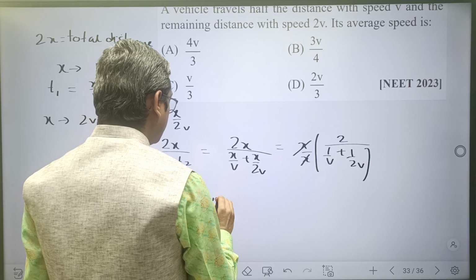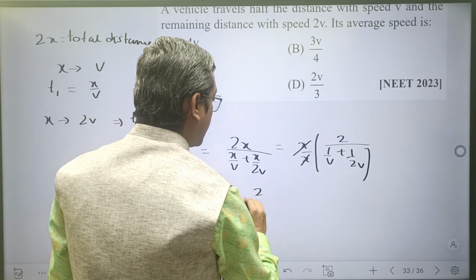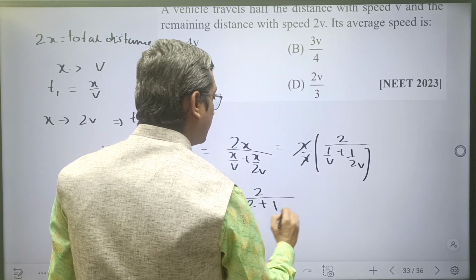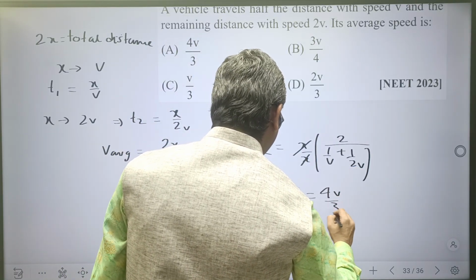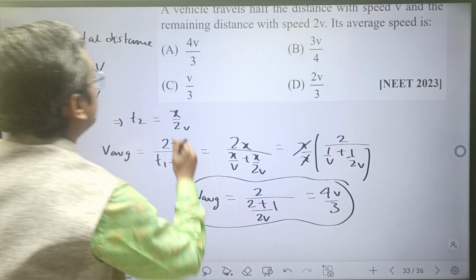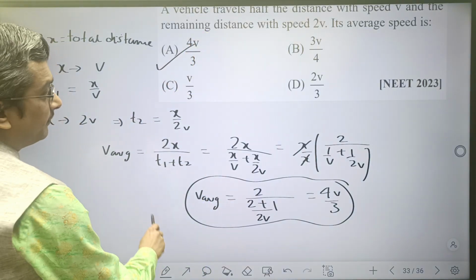So v average is equal to 2 divided by 2 plus 1, taking LCM as 2v, over 2v. So this will be 4v by 3. So this is the answer, 4v by 3, option A, isn't it? Next,